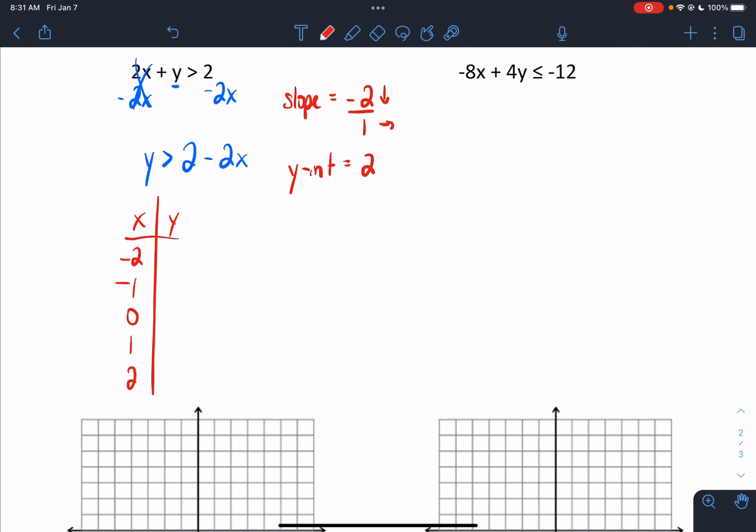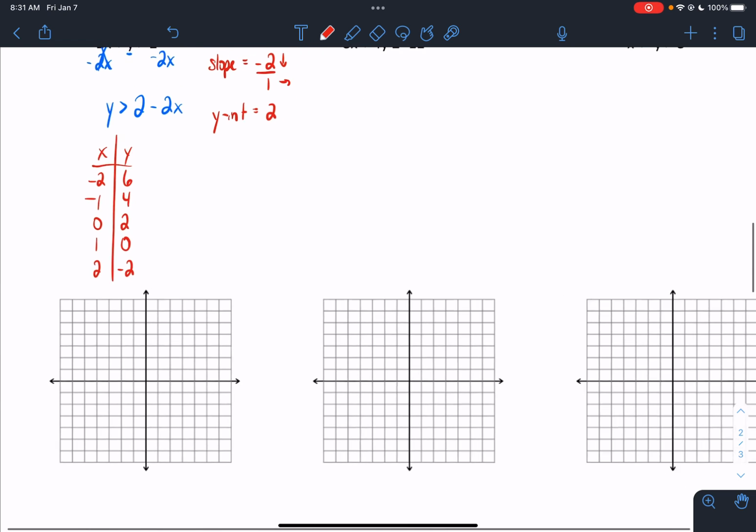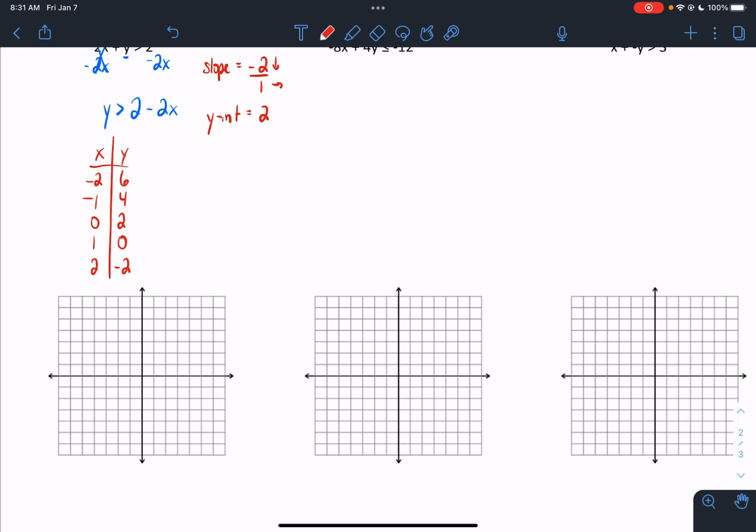Start at 6 and goes down each time. And so regardless of which way I do it, if I'm using my table and graphing those points, or if I'm starting at 2 and then going down 2, right 1 each time, or if I'm using my table and I'm graphing, this is my left or right, this is my up or